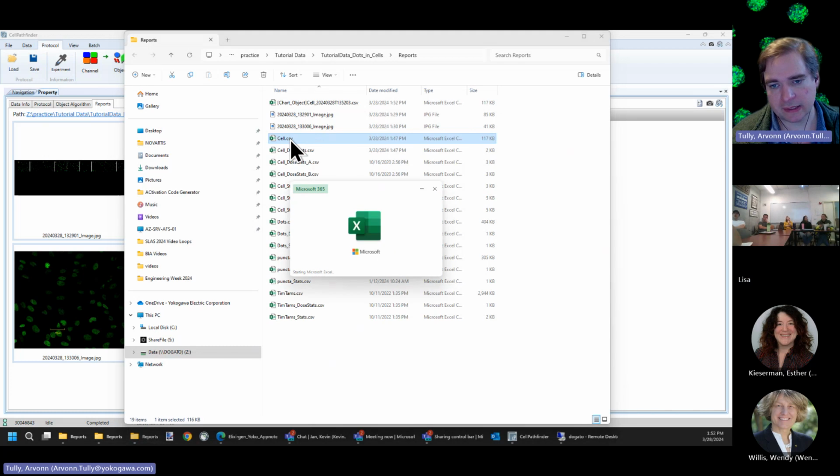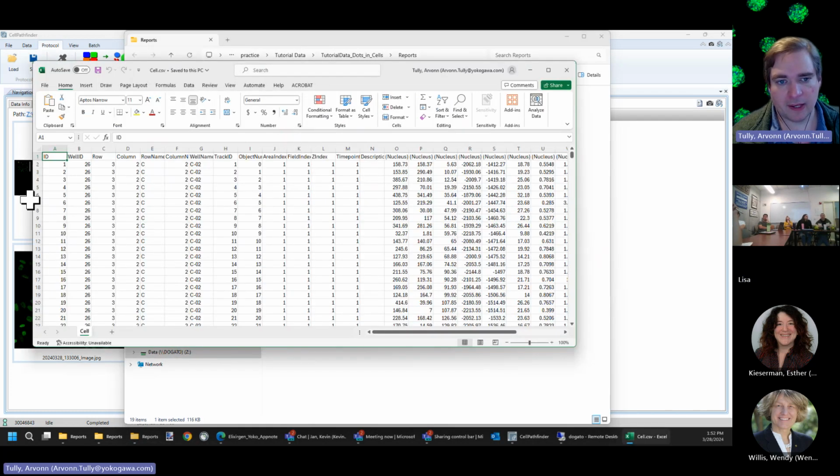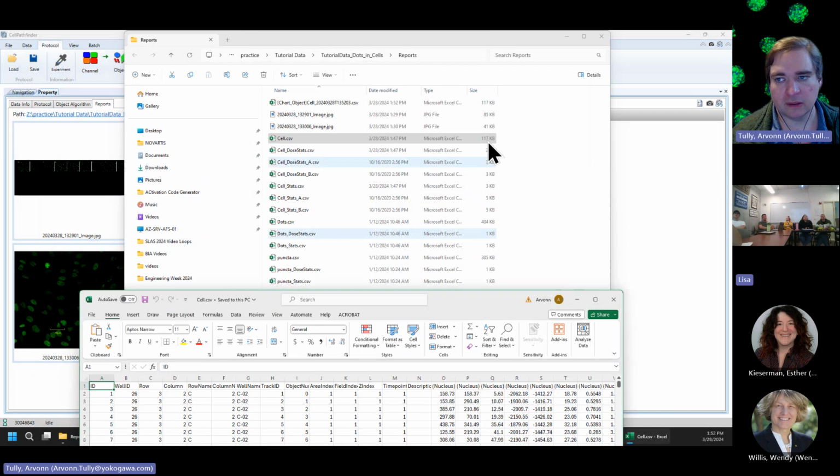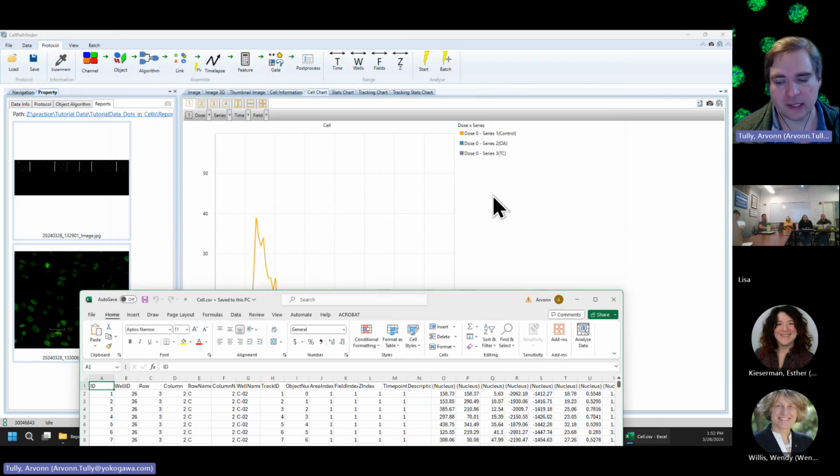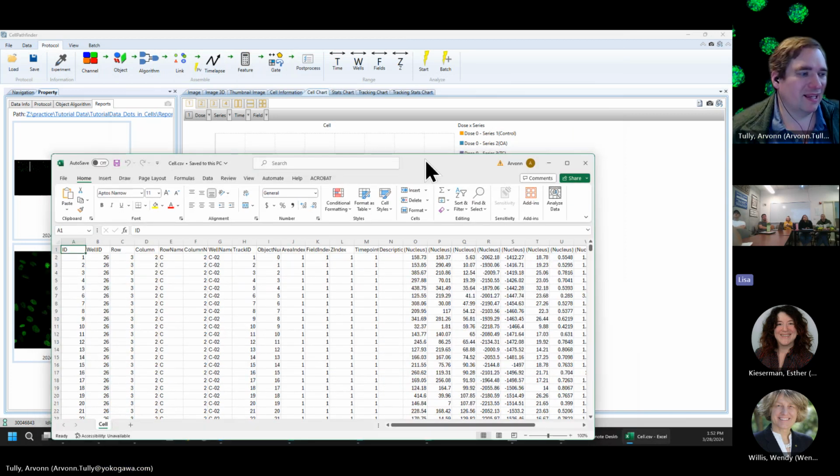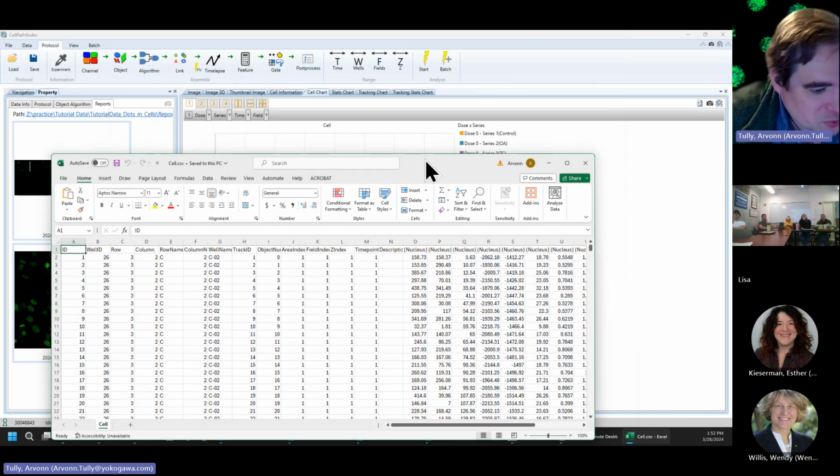If I were to open up Excel, this computer has Excel on it, it actually has a spreadsheet of all of the data. So it doesn't just put only this data. I know it's a touch annoying, but